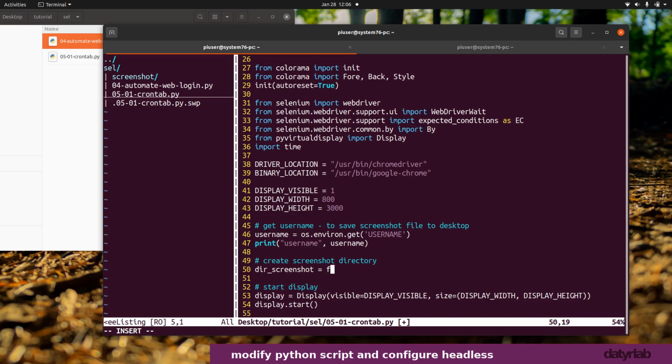and I'll use an f string, and it's going to be home. And the reason why, I mean, typically I could do this, right? I could just say, you know, and then desktop. But I've noticed with Selenium, it doesn't read that abbreviated path. So you have to put home, then I'm going to put in my variable username,